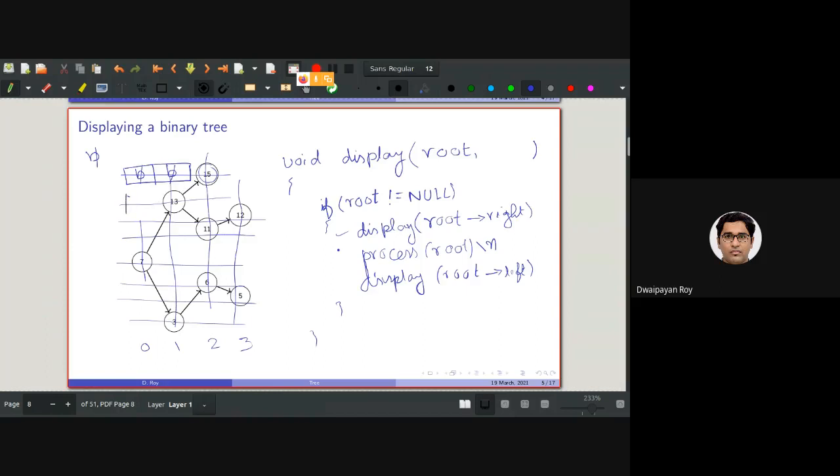We need to put 1 space here because the label is 1. And then here for this node, we need to put 3 spaces. So 1, 2, 3, basically 3 blank spaces we need to place. For this again, we need to place 2 blank spaces. And this node in the 0th level, we don't need to put any space. For this node again, we need to put 2 blank spaces.